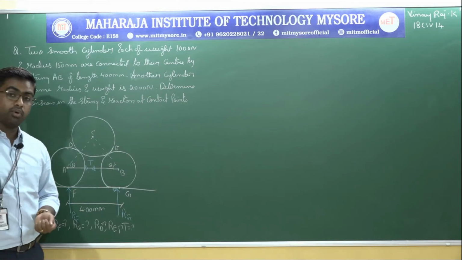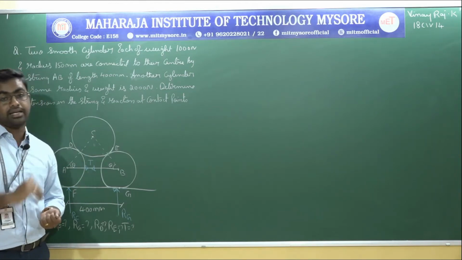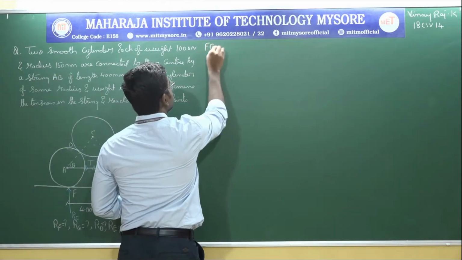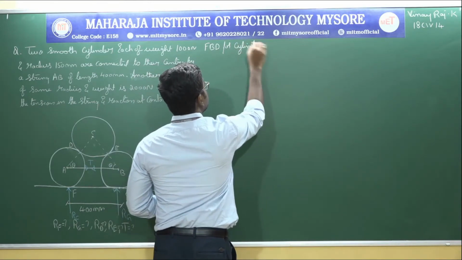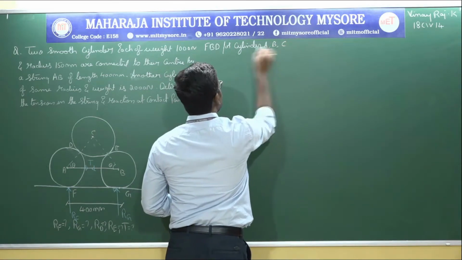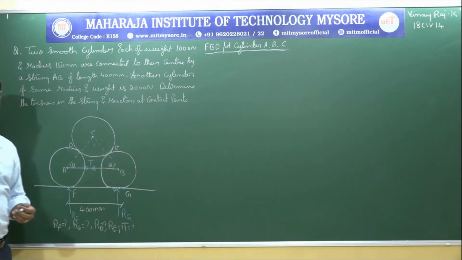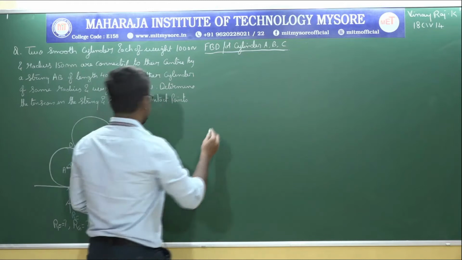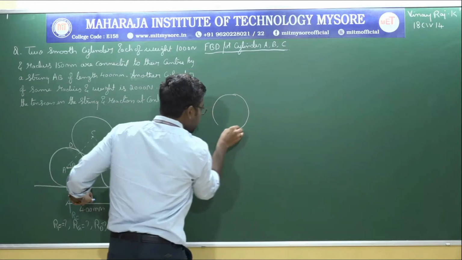Now let us draw the free body diagram by considering all 3 cylinders simultaneously, right? So free body diagram for cylinder A, B and C, right? So while drawing the cylinders, you have to give some space between the cylinders in order to mention the reaction, that is the compression, right? So now in the same way, I have to draw the cylinders.